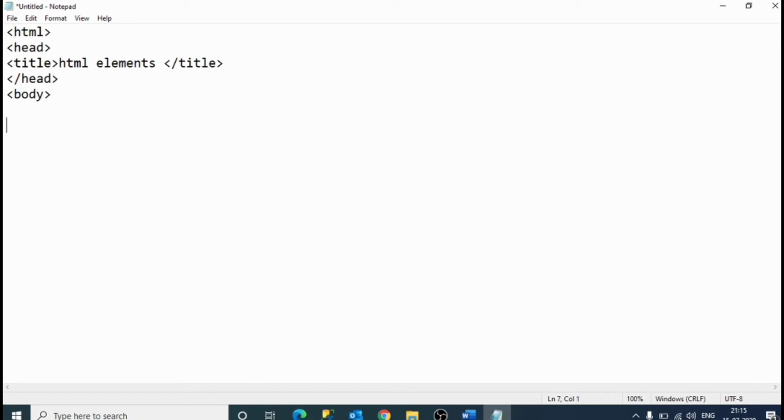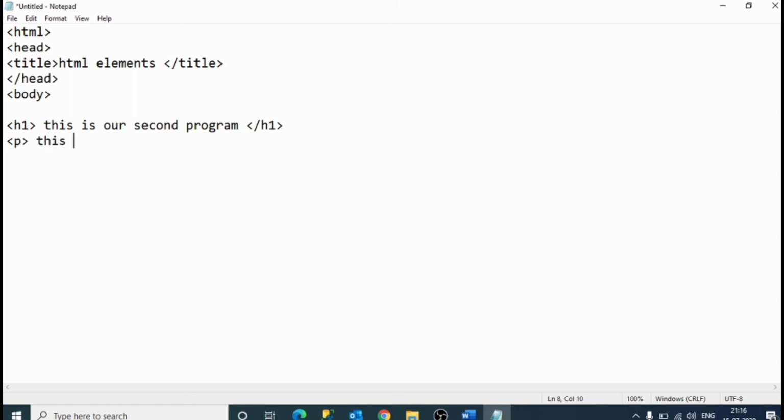The visible part is shown in body. Now we'll write h1 heading line: This is our second program, slash h1.